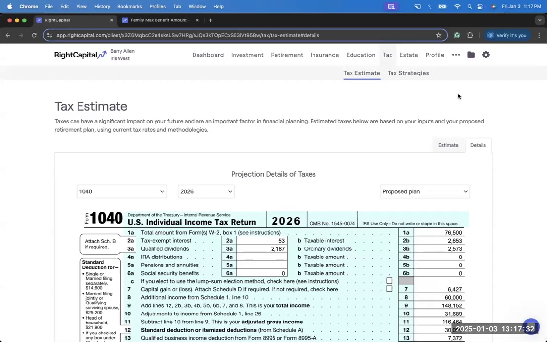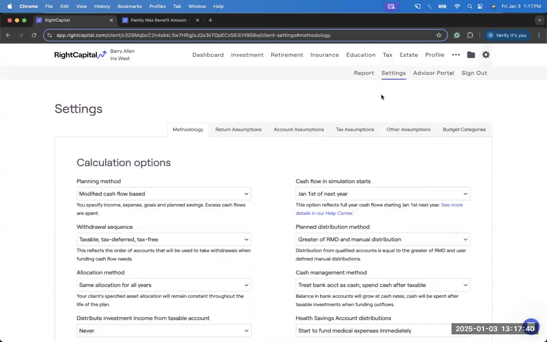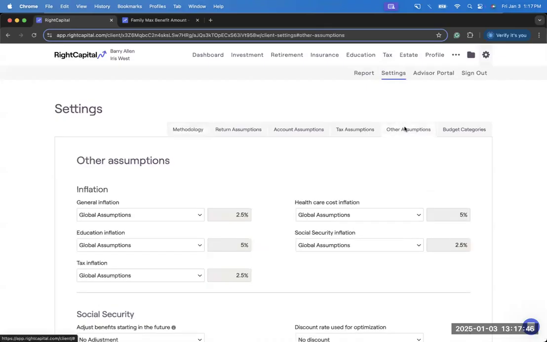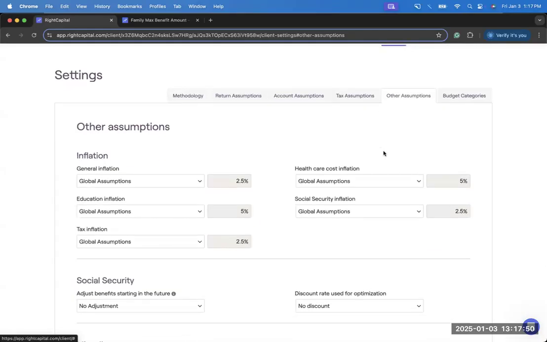So I'm going to be clicking into the plan settings here within Barry and Iris's plan. So I'll click into the gear icon in the upper right, and then into the settings tab. And there's a few things I want to review within this area, starting with the inflation assumptions, which you can find in the other assumptions tab here. These haven't changed as of the new year, but these are certainly something to be mindful of,